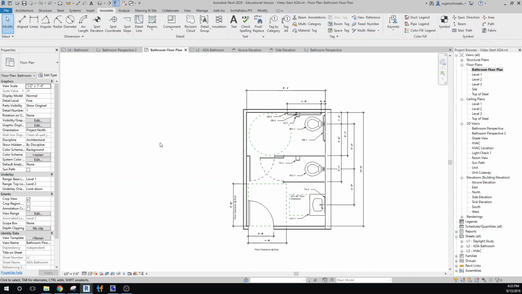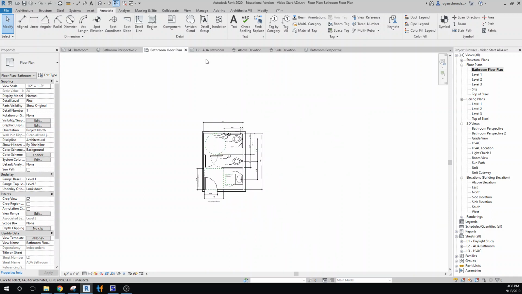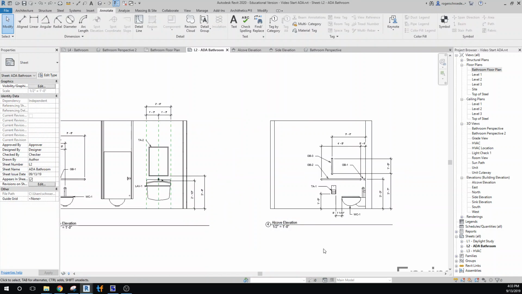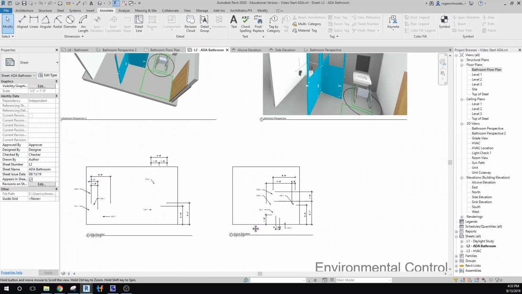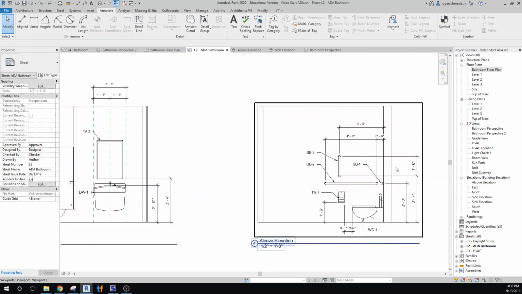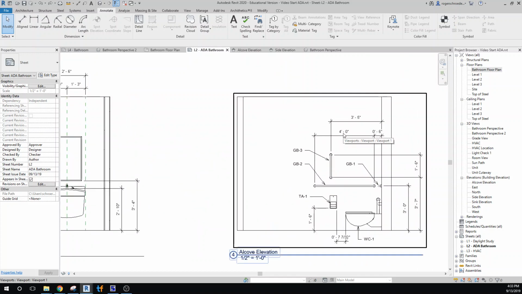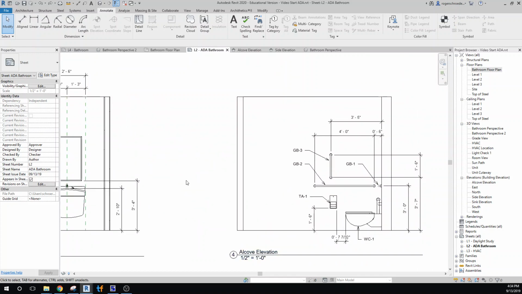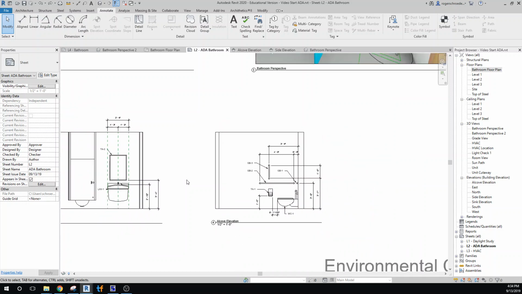So, all right, once again, let's review back here. Let's go back to the bathroom floor plans. Like I said, we have the issue with that height, but otherwise we're pretty good. Lots of dimensions, all the callouts for all of the elements. And it looks like a lot of issues are dealt with, except for, like I said, this is 42 and 12 inches. And I'm not sure that either of those are code violations, or